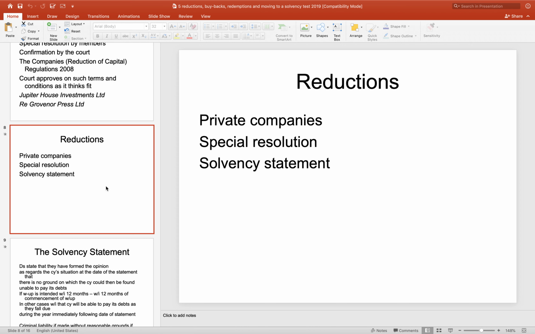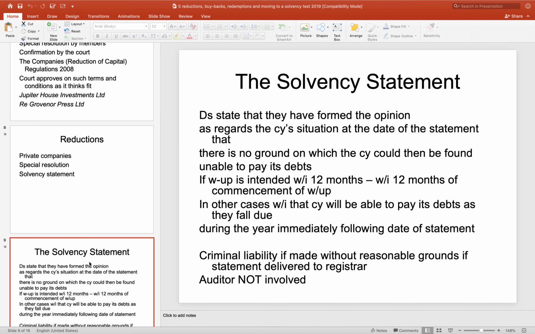Now then, this conveniently leads over to another way of reducing capital, and that is a way that applies to private companies only, and that's reducing capital through a solvency statement. And that way already exists. It's just for reductions. It's not for distributions. But it opens up the general question, should we broaden the application of the solvency test and use it also for distribution purposes? Now, looking at this solvency statement, which is here,